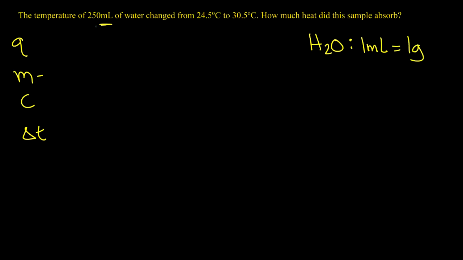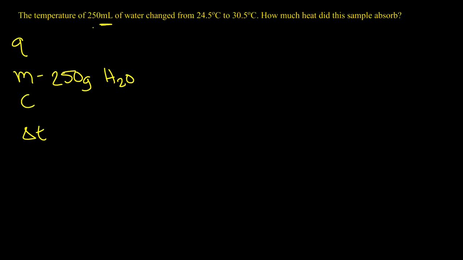So with that in mind, if 1 milliliter equals 1 gram, then 250 milliliters equals 250 grams. It's a one-to-one conversion factor. So however many milliliters of water you have, that's how many grams of water you have. So I got 250 grams of water,